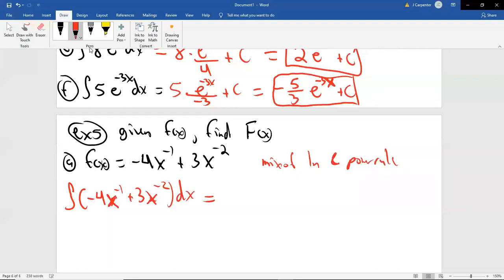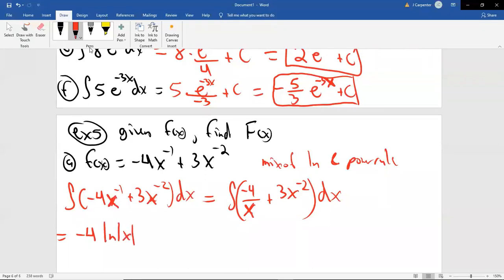So the first one, we want this to look more like the logarithmic rule. So this is going to be the integral of negative 4 over x to the positive 1. Then for the second term, that's going to be 3. You do want that exponent in the top. We can't power rule the first term, which is why we bring the x to the bottom, so that way it's set up like the natural log rule. We can power rule the second term, though. So this negative 4 in the top, all that is a constant coefficient. With an x in the bottom, your integral is a natural log of an absolute value of x. Then plus, leave the 3.